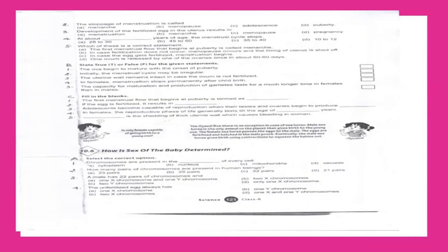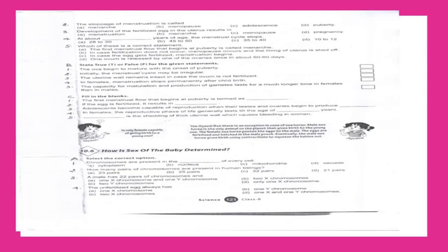Now in female, ovary, estrogen causes increase in height, widening of the region below the chest, breast development, high-pitched voice, growth of hair at armpit and pubic region. Armpit means under the arm, pubic region means at the junction of hip and the thigh. That is the pubic region. Then select the correct option. Menstruation occurs once in about 28 to 30 days. That is the answer.